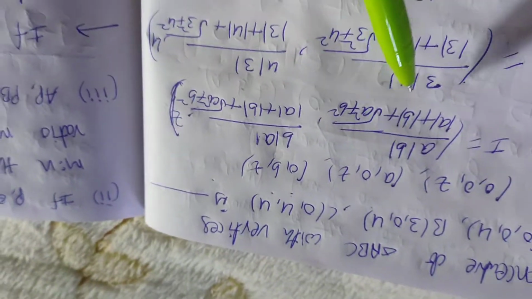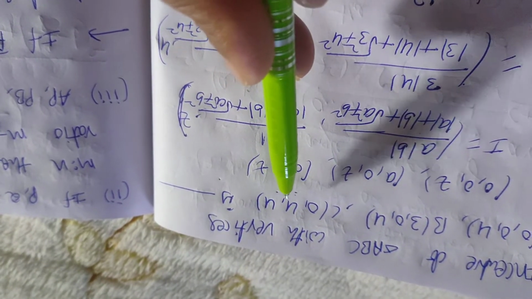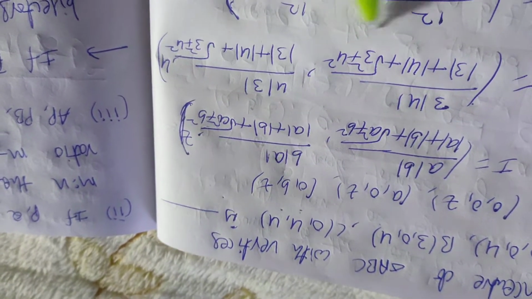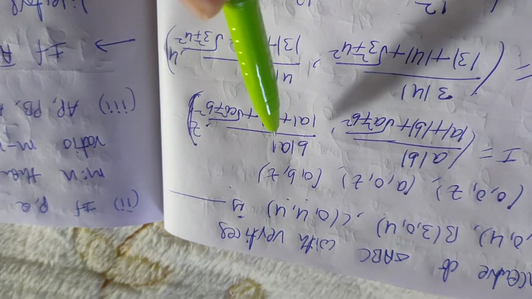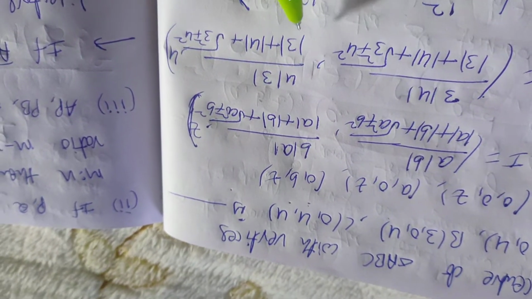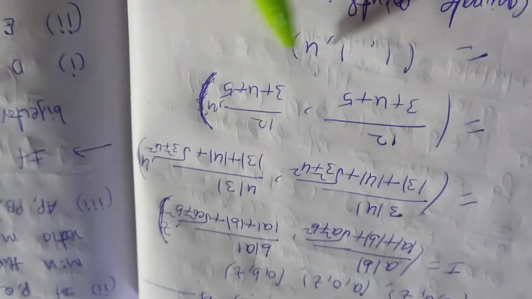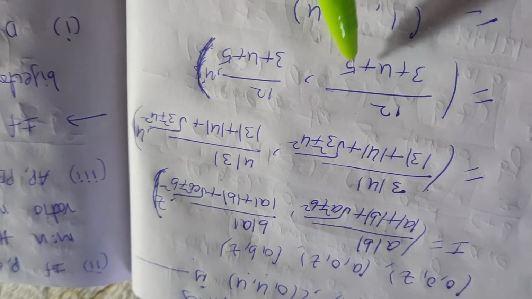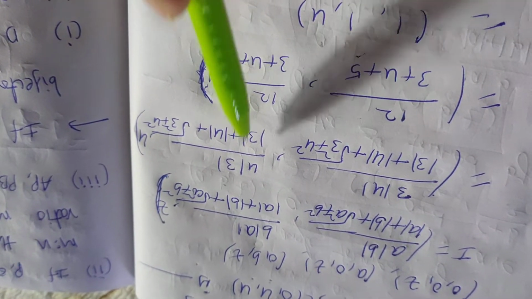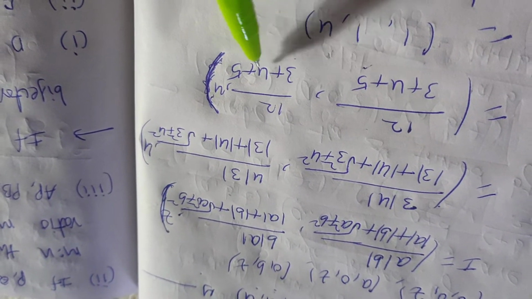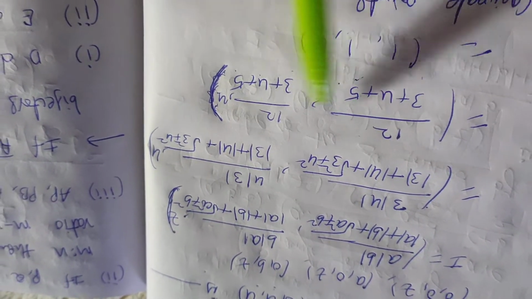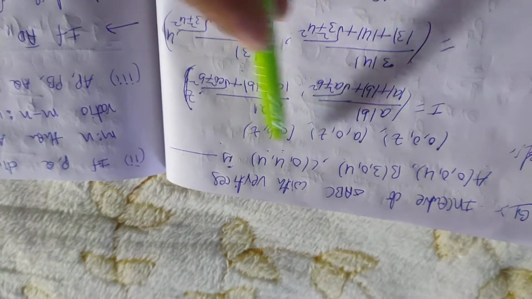So this is nothing but: a is equal to 3 into |4| by |3| + |4| + √(3² + 4²), and b into |a|, that is 4 into |3|, by the same |3| + |4| + √(3² + 4²). That is 12 by 3 + 4 + √25, that is 5. Root 25 is equal to 5. Same 12 by 3, equal to 3 only. So 12 by 3 + 4 + 5, comma 4, the z coordinate. So this is 12 by 12, which is 1. This is also 12 by 12, which is 1. This is 4. So (1, 1, 4) is the incenter of the triangle formed by these three vertices.